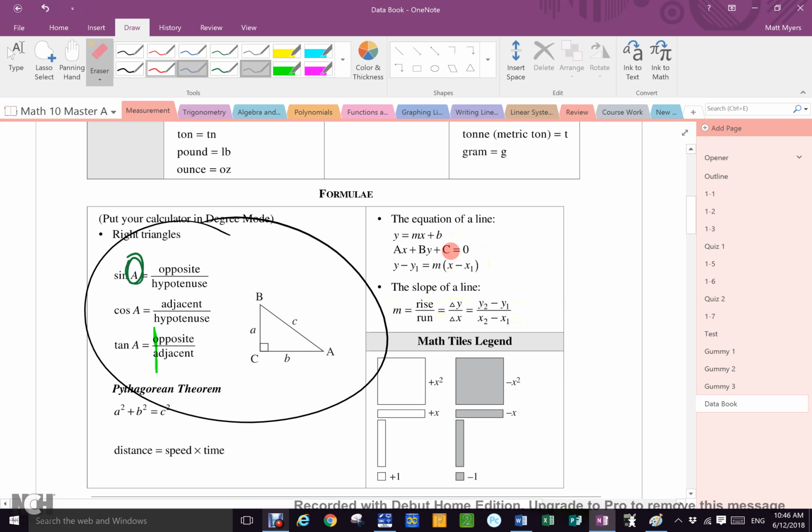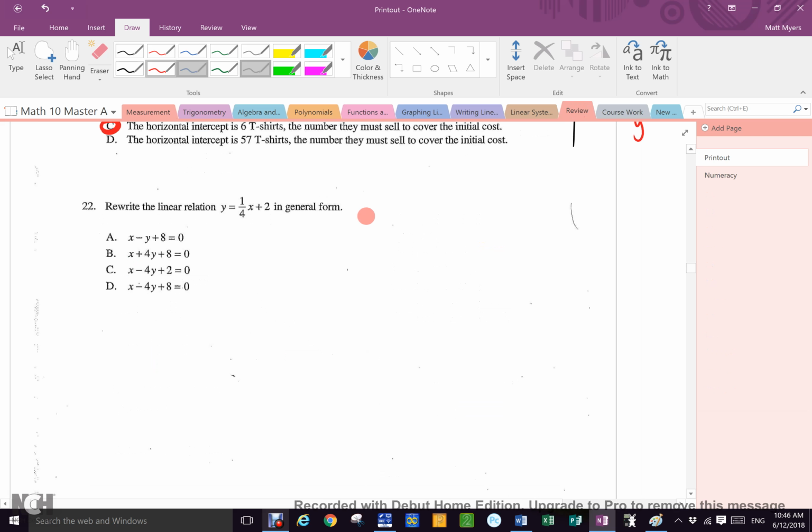There are all the forms. Notice they are not named. I do require you to be able to identify them. Which one is general form? That guy. So I need what do I know about this guy? What is different from that guy to that guy? I need everything together and